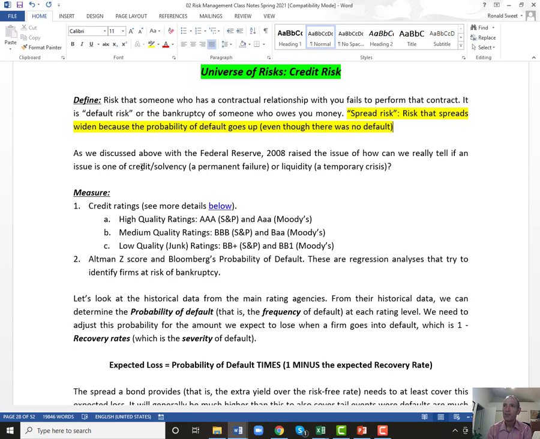Probably the same thing with GM. GM probably was at fault. Some people think Citibank really was an insolvent bank and got saved by the Federal Reserve. Other people disagree with that. So it just depends on your view. But the Fed has to figure that out. If the Fed has a liquidity crisis, but they don't bail it out, then they're going to cause this horrible domino effect of firms failing when there's no reason to. You give them a little bit of money for a few months and everything's fine.